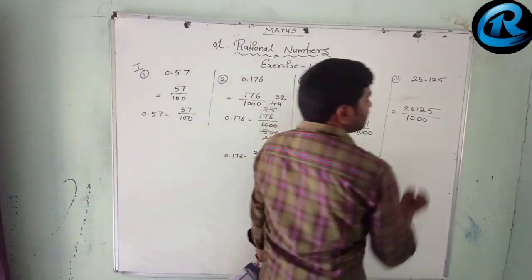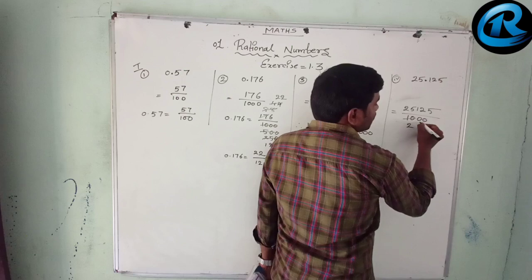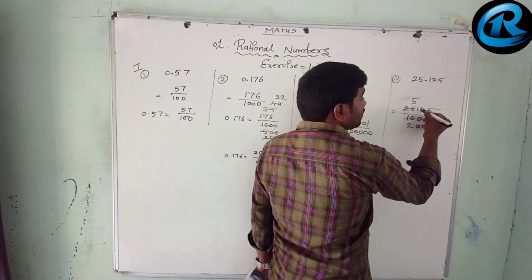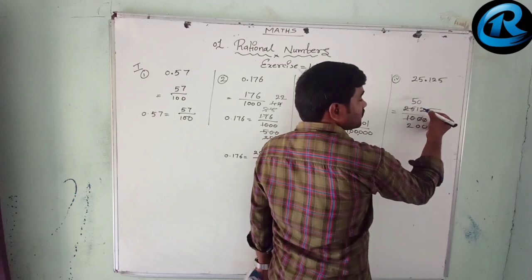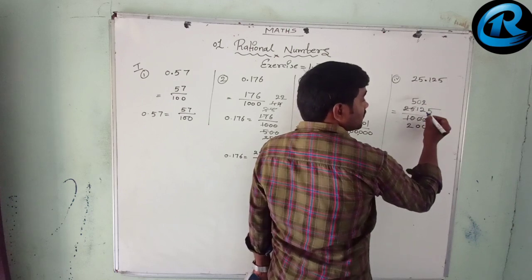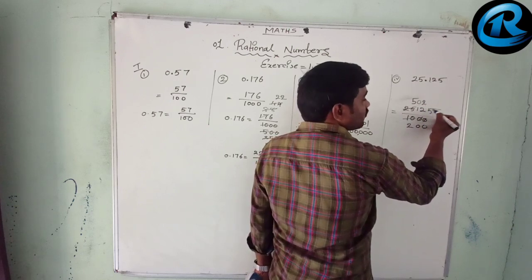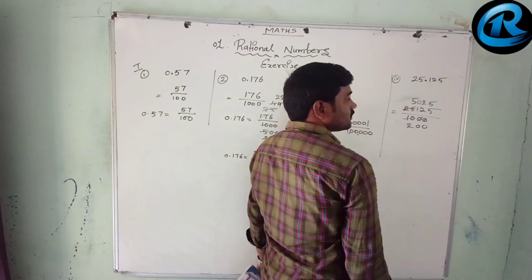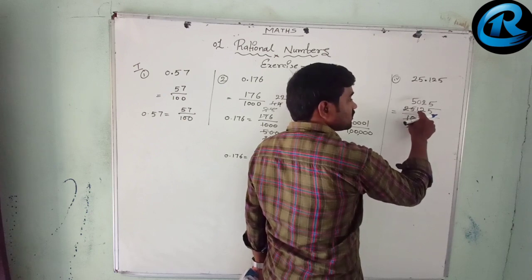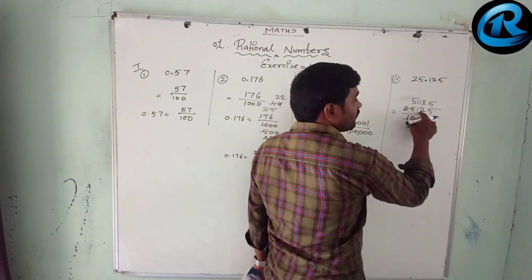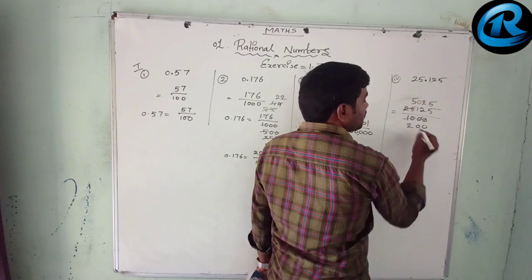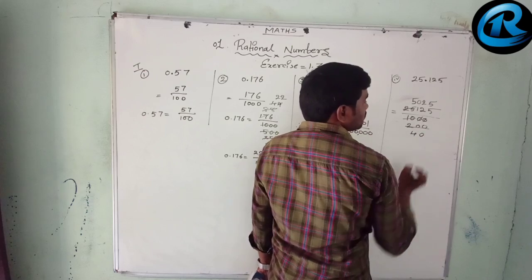You write this. In the 5 table we cancel. 5 2s are 10, the zeros cancel. 5 5s are 25, and in the 5 table we don't get 1, so it is 0. Now it is 12: 5 2s are 10, 2 left. It becomes 25, 5 5s are 25. Again 5 4s are 20.